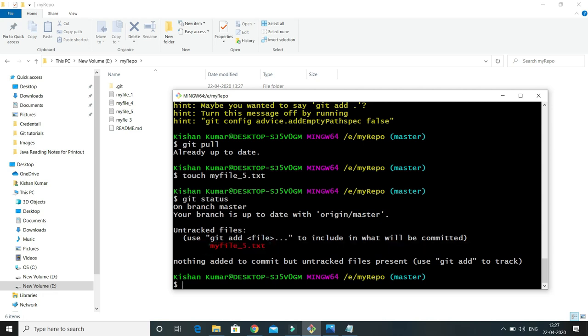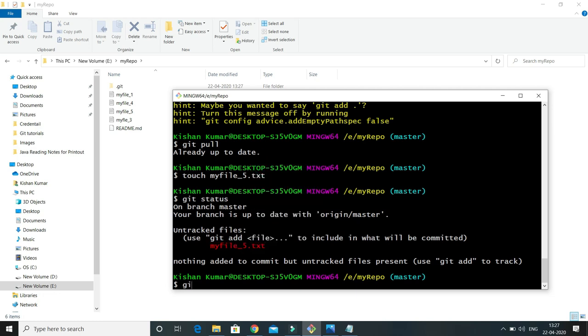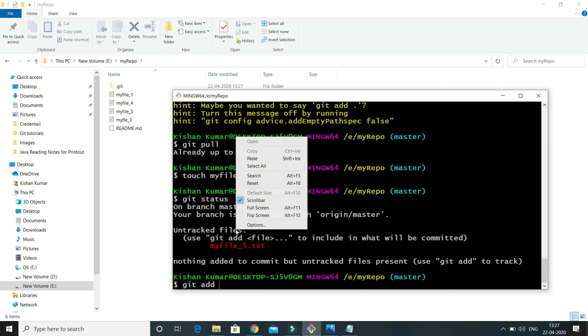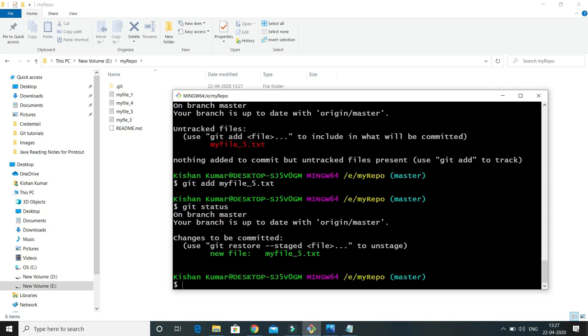Okay, we have to add this file. Actually this has not been added into the staging area, this is still untracked. So I'm going to issue git add, and now if I do git status, then here you can see my_file_5.txt has been added into the staging area.